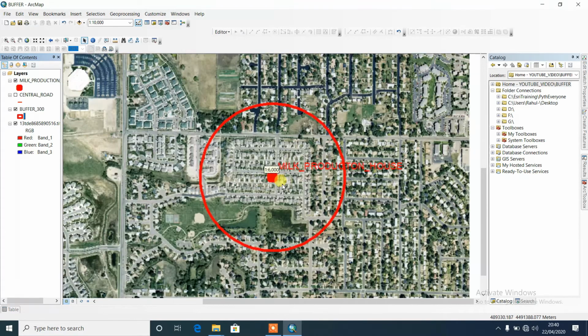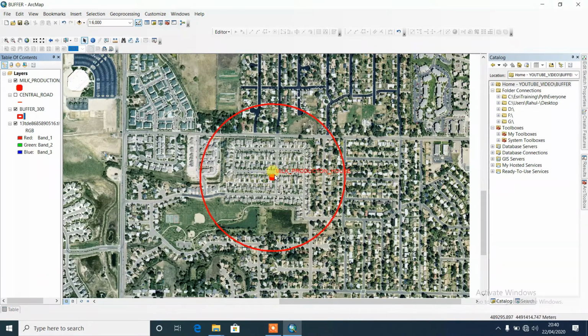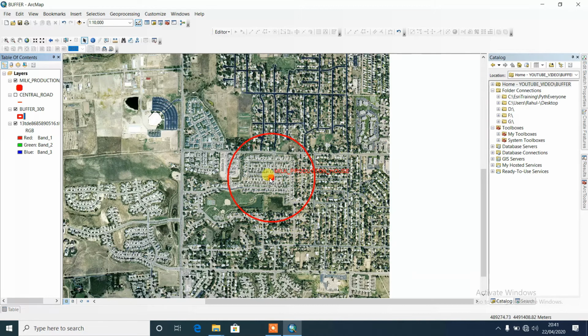Yes, see, this is the production area, and that person can deliver up to the 300-meter area free of cost. That means these houses that come under the 300-meter area can avail free delivery from this point. This is the utilization of the buffer.